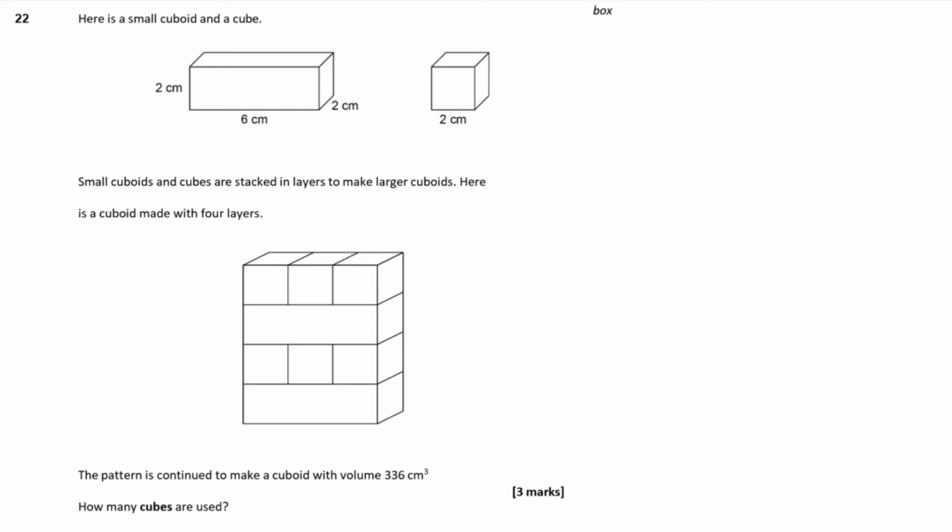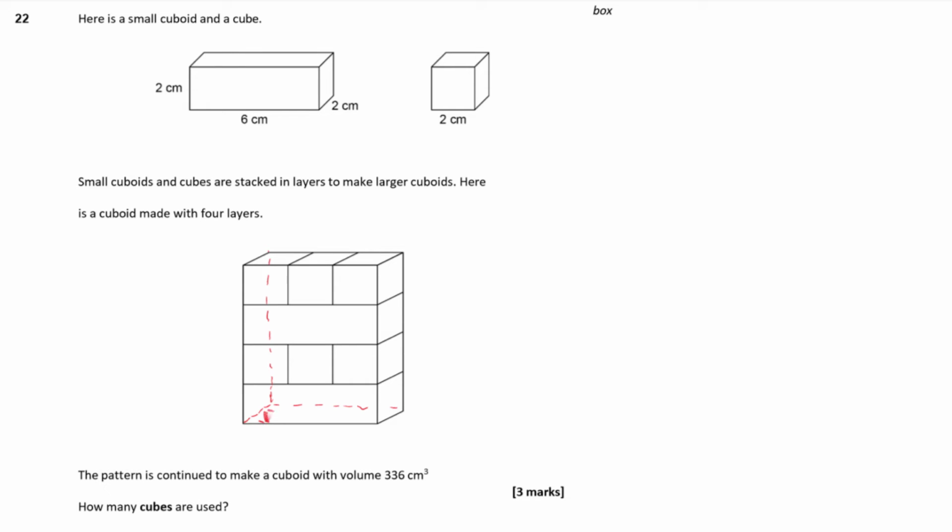So presumably we're going to keep putting a long cuboid on the top, and then 3 smaller cubes on the top, and a long cuboid and 3 smaller cubes. Okay, so presumably the footprint of the shape stays the same size. We're just going to stack on top of this shape as we build up. Okay, so if you imagine the footprint of this cuboid,